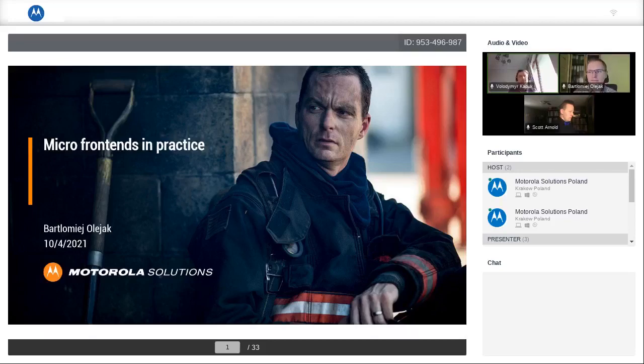So nowadays we have a lot of very complex solutions being developed using different complicated front-end solutions, and that's why the front-end is getting bigger and bigger, and we would like to cover this topic today. So the first presentation will be presented